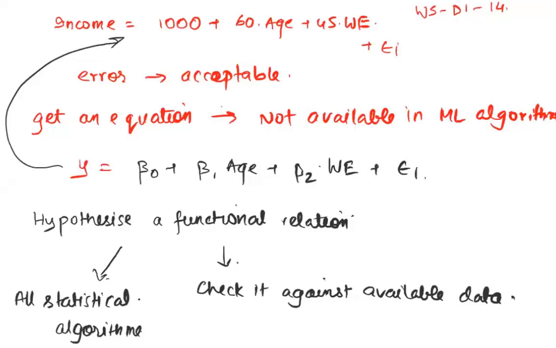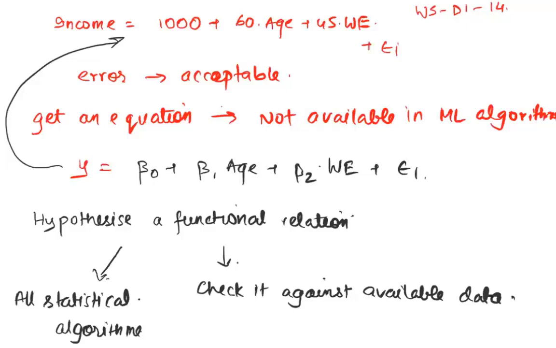When we get there, we'll realize it even better, that machine learning algorithms make your job very close to zero. In feature engineering, there's still a lot that you can do to improve your models. But as far as building the model is concerned, as far as statistical algorithms go, you've got to decide what the functional relationship is, hypothesize it, and then allow a model to check whether your hypothesis is making sense or not, whether it is giving you a model that is decent enough for you to accept. But first comes the hypothesis and then comes the check.